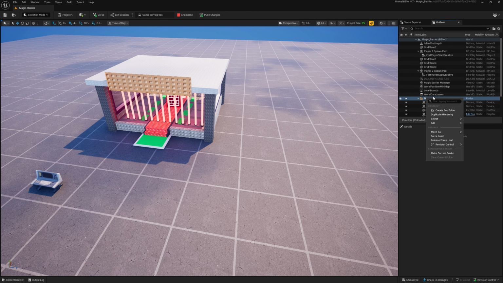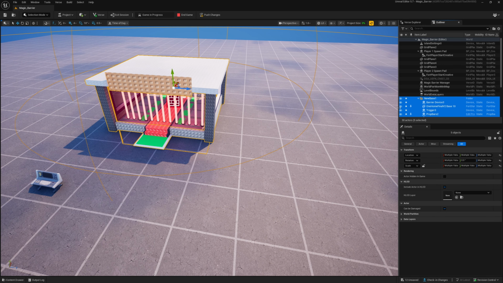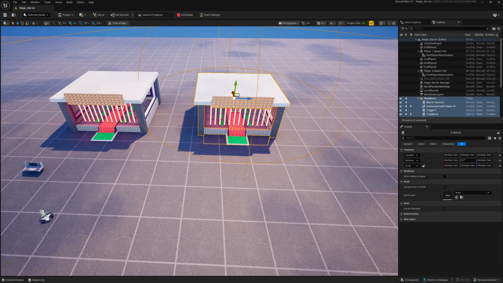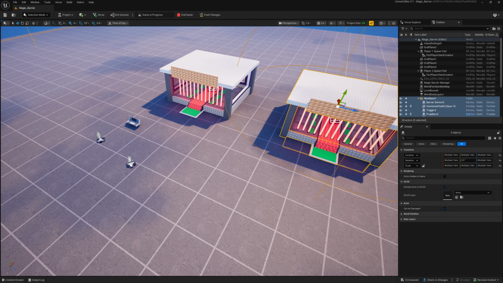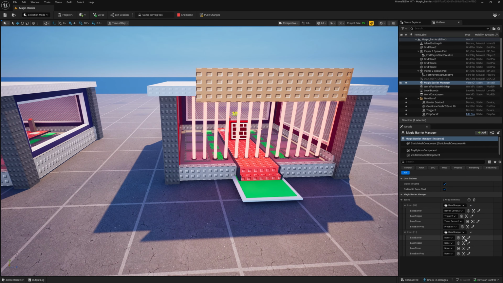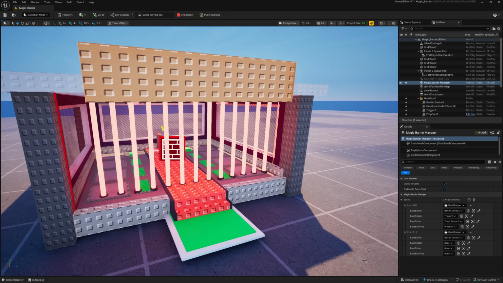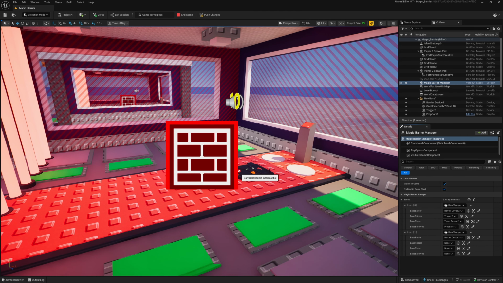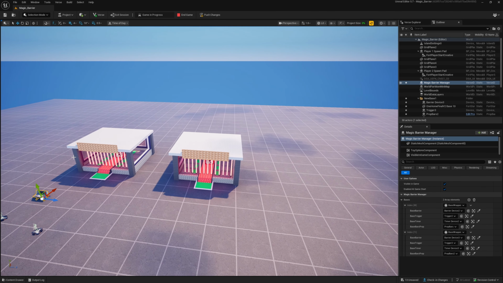So now duplicate hierarchy, move it here. Let's add another base into the device. So let's select barrier. Let's select base trigger, base timer, and the bars. Now save the changes